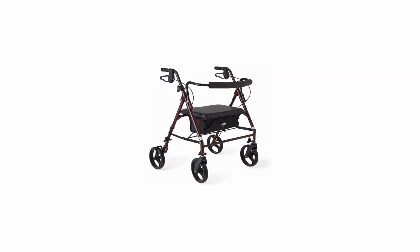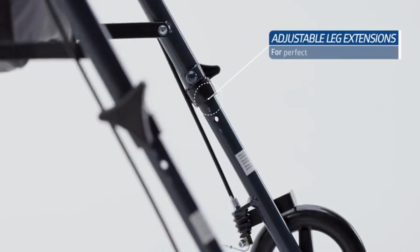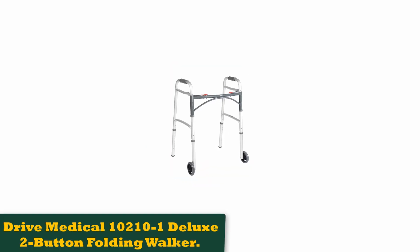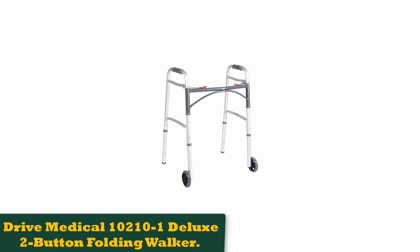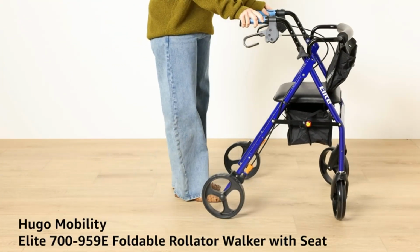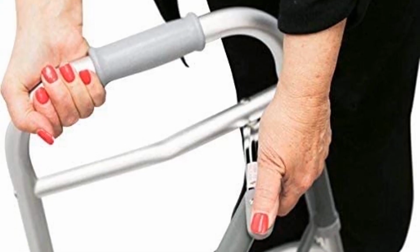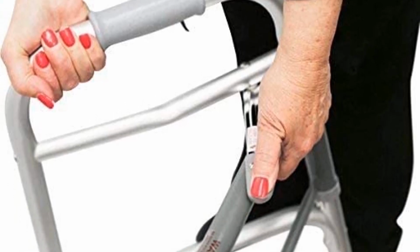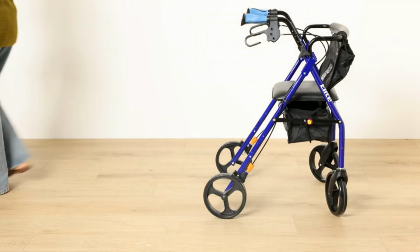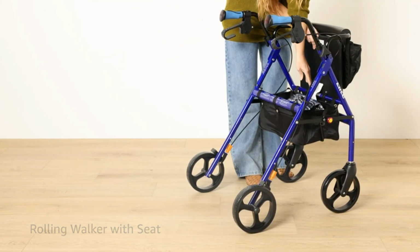Number 2, Drive Medical 10210 1 Deluxe 2-button folding walker. This walker from Drive Medical is great when you're not sure what type of walker you need. It comes with two 5-inch wheels for easy movement on most surfaces. Made from aluminum, this frame is lightweight, durable, and easily adjustable. On top of being able to support 350 pounds, this walker offers ergonomic hand grips to make operation easy. And when the day is done, you can just push down the 2-button release mechanism, which is specially made for those with limited dexterity, with the palm or side of your hand, to then quickly fold it for nice easy